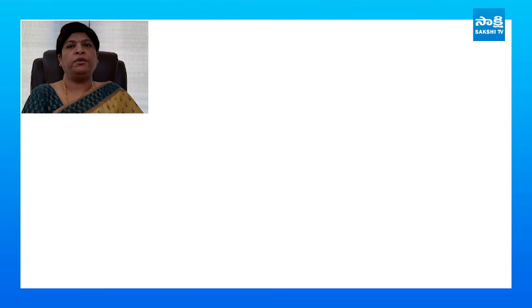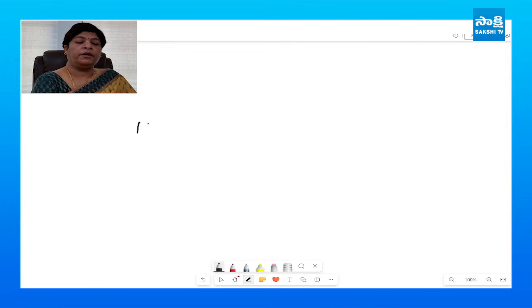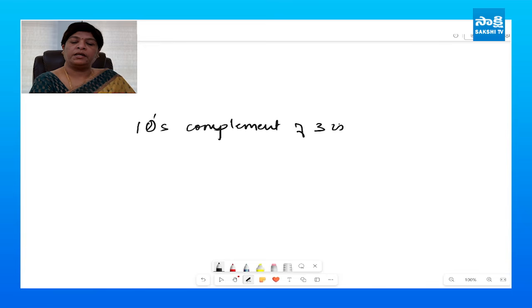In simple terms, in base 10 system, each place value is a power of 10: 10 to the power of 0, 10 to the power of 1, 10 to the power of 2, and so on. Based on this concept, we can find the complement of a number. The tens complement of 3 is 7,